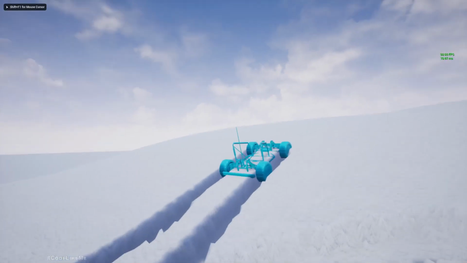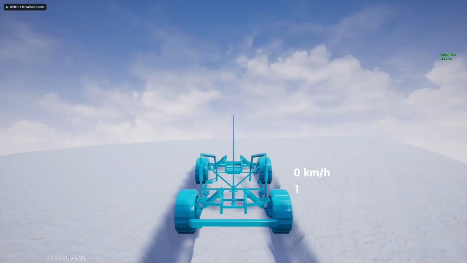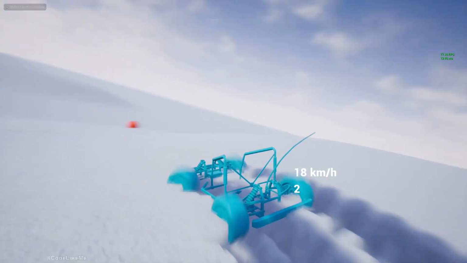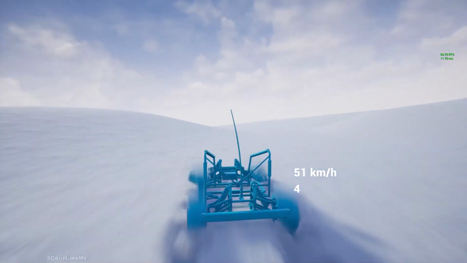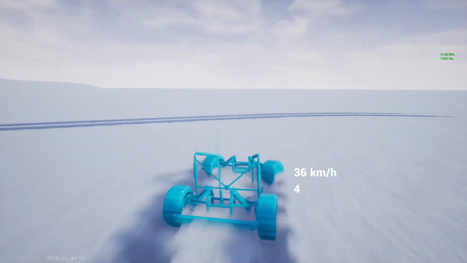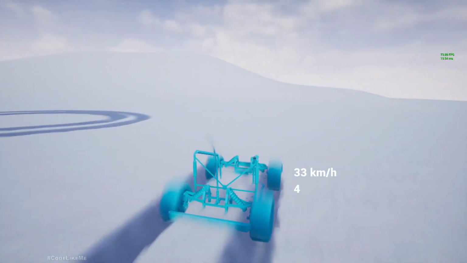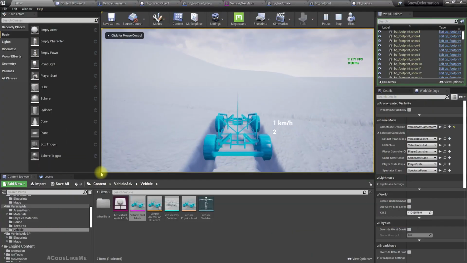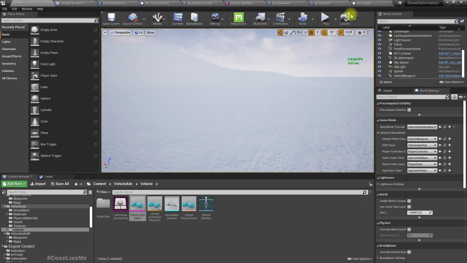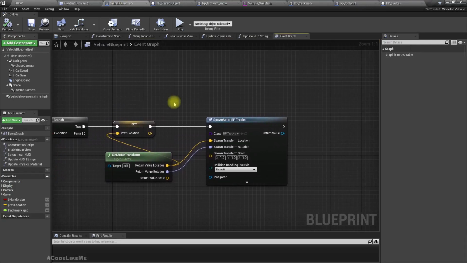Start FPS and reprocess. Actually, it's not much of a problem at the moment, but if it is a problem, we can do something like this. We can do basically an object pooling system like this. Here